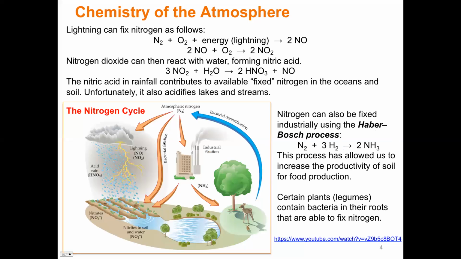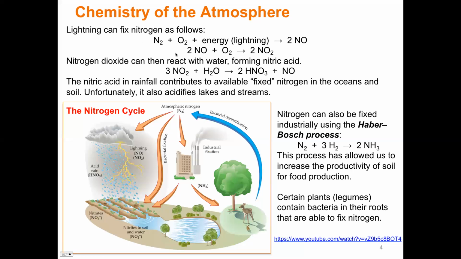Now, in the oceans, of course, there are also bacteria. So here we've got legume bacteria. But in the ocean, there are cyanobacteria that are also able to fix nitrogen and make that accessible to organisms living in the ocean. Okay. And how do they do that? Well, these bacteria will take the N2 and also make nitrates and nitrites, just like what we get from the process of using nitrogen gas, lightning, and water. All right, and that's how that works, right?